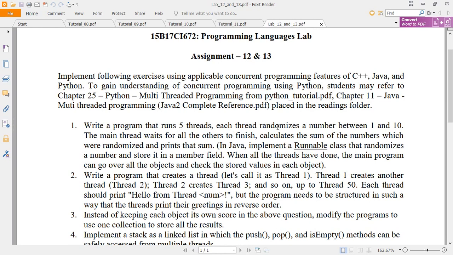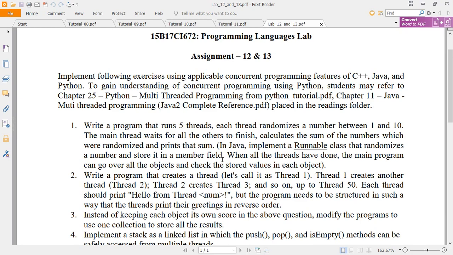That means the producers are producing randomized inputs, and the consumer has to consume those inputs and present the sum. So this is multiple producers and a single consumer. Try to implement the Runnable interface if you use Java programming.